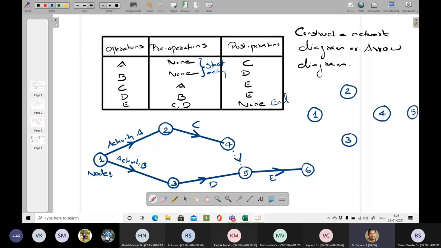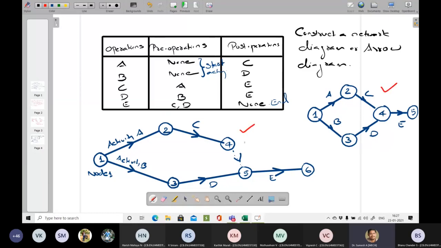So 1 to 2 is A, 1 to 3 is B, 3 to 4 is D, 2 to 4 is C, and 4 to 5 is E. This is my activity A, this is B, this is C, this is D, this is E. So this is also correct.